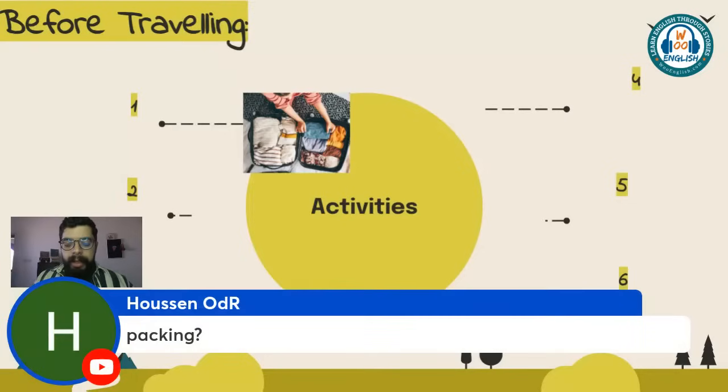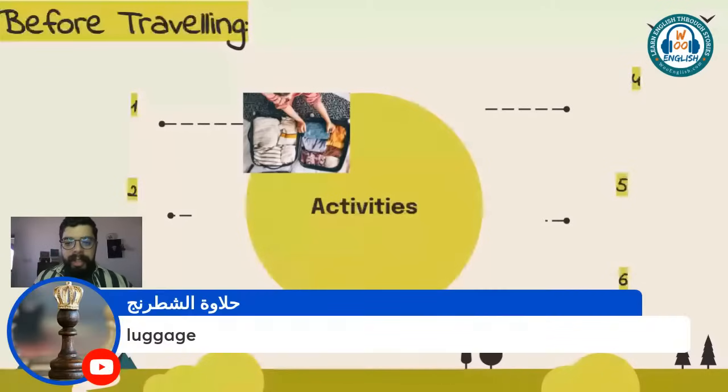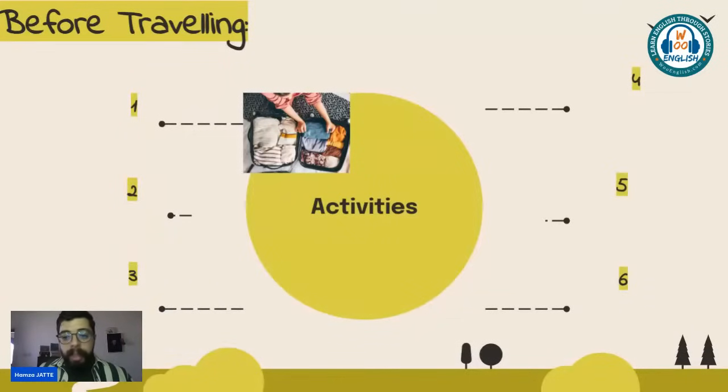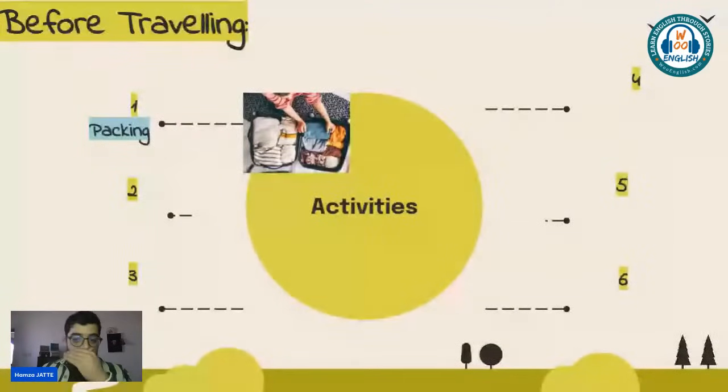Packing. Hussein, hello to you first. Packing. Sophie says to pack. Okay. Luggage, great. But luggage is the actual things that we pack. But the verb or the activity is indeed, like Sophie and Hussein say, packing. The verb is to pack, all right? To pack. Great. Package. All right. Though package, Artsy, you should be very careful. Package is like a small parcel. But the activity is called packing. Hello to you, Hussein. And I see my man, Jan.